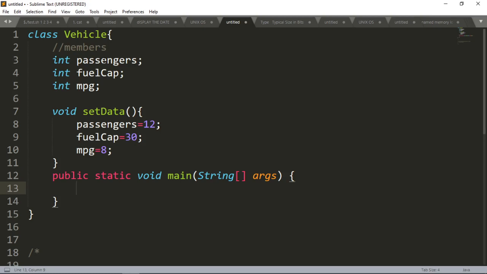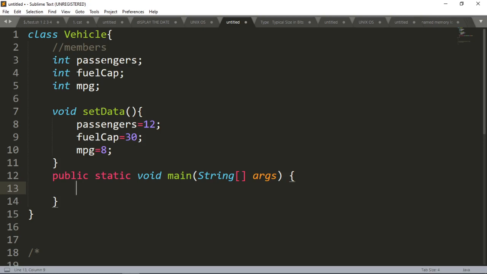Now in this particular main method, which I have told you is the starting point of execution, I have to create an object of this particular class. Before creating an object, you have to know what the different things are in that object creation statement.